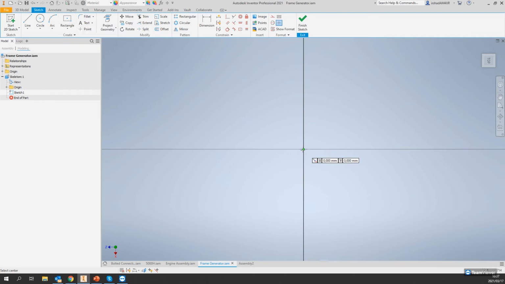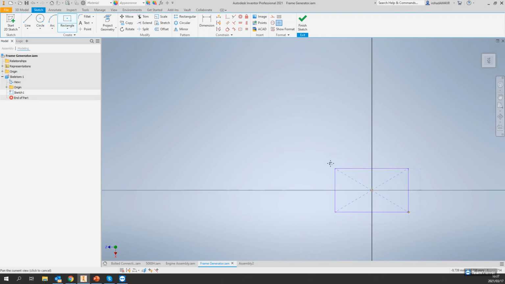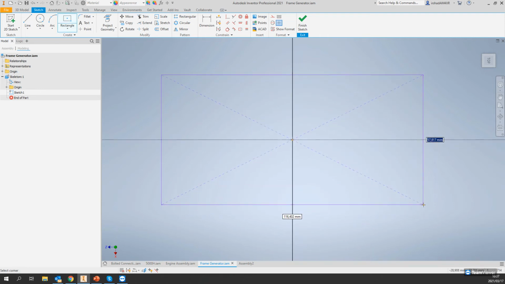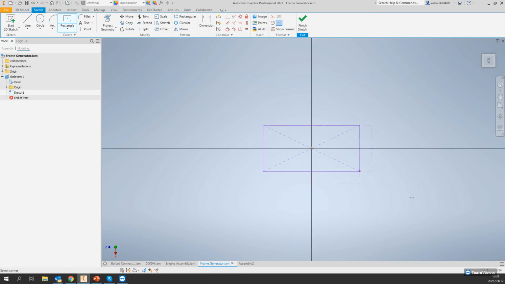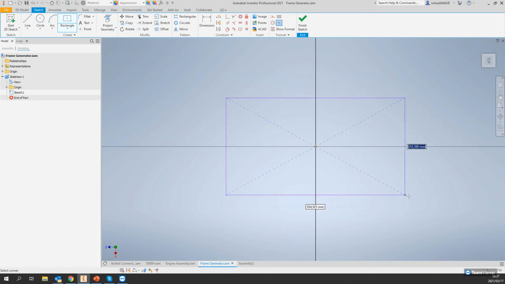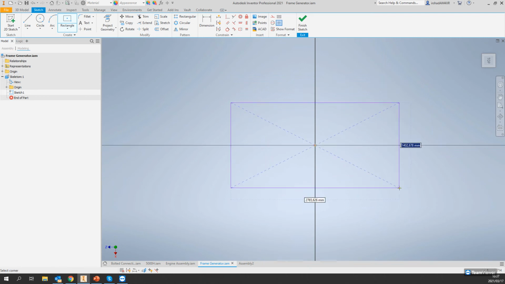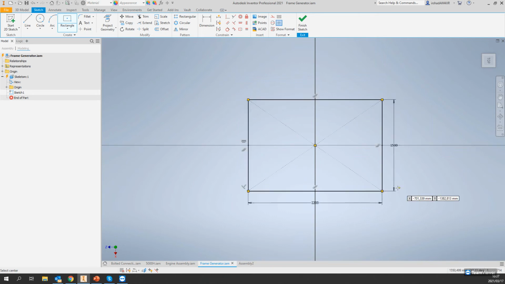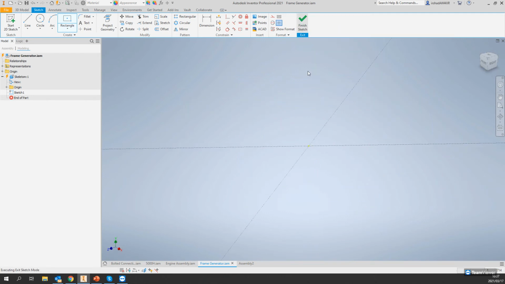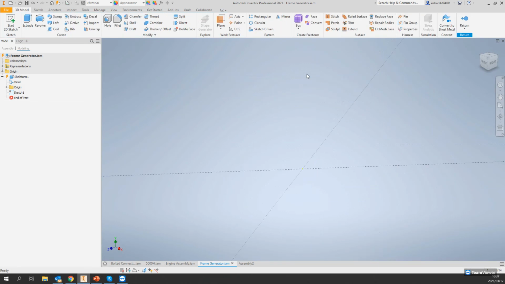So I'm going to start with my rectangle from here. I'm going to make it, well, let's say it's got to be fairly large to be a frame. So I'm going to say maybe 1,500 millimeters by 2,200 millimeters. So 2 meters by 1.5 meters, roughly. Okay, so I'm going to say finish sketch. Now, as is,